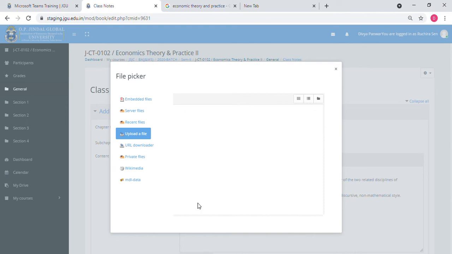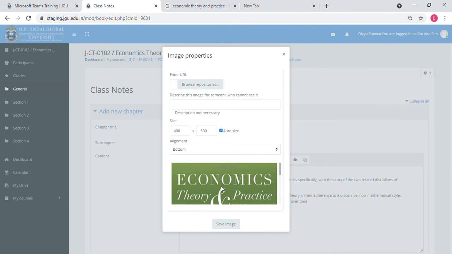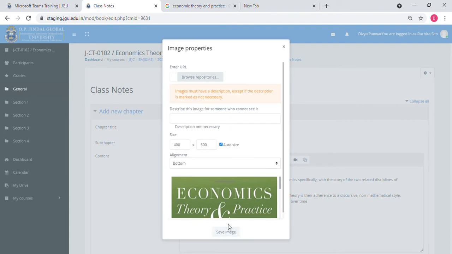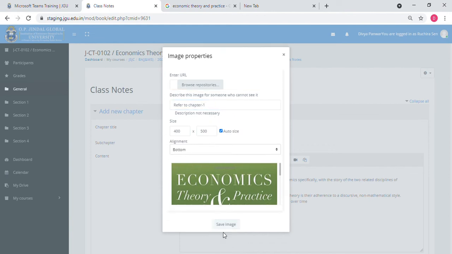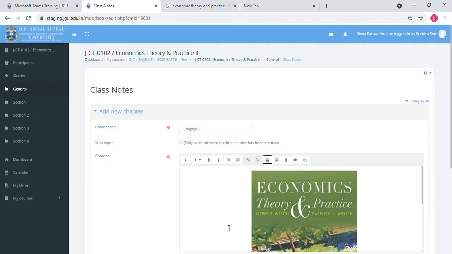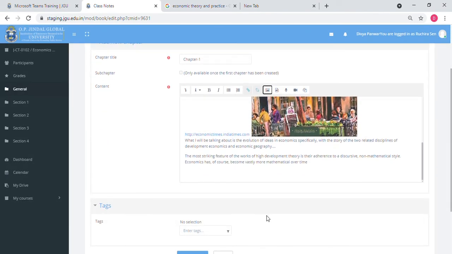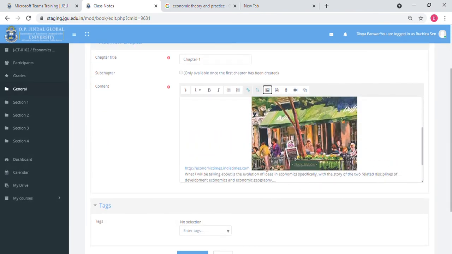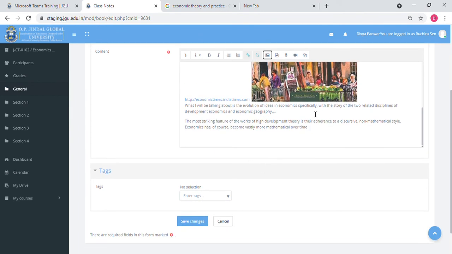And click on upload this file. And then click on save image. You can see the image here in the content with the URL.